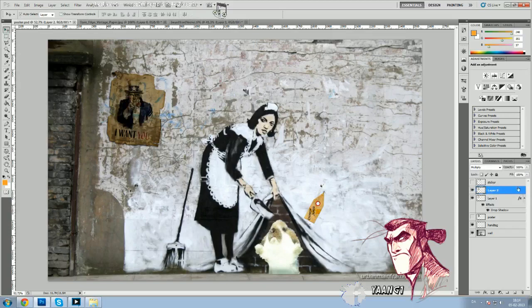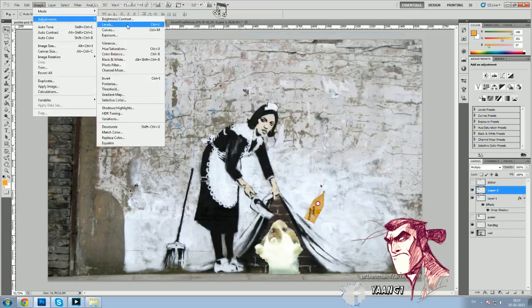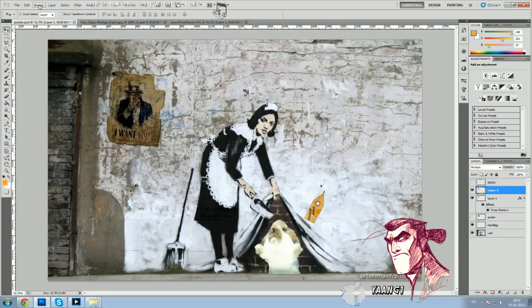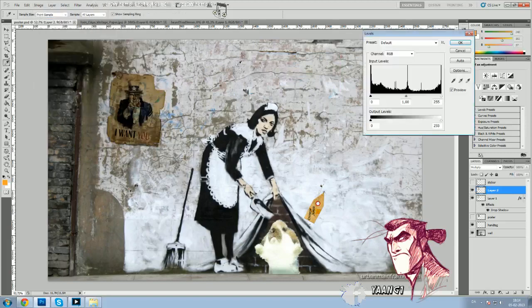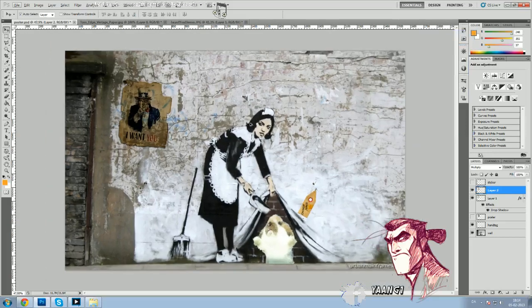We can probably do some more stuff. What if we add a drop shadow? We can go to image adjustment, try and work with the brightness as well. There's not that much editing, I guess. I think it's kind of okay as it is right now. So this actually looks like a poster on this wall. That is one technique. There's another one for the sticker itself,